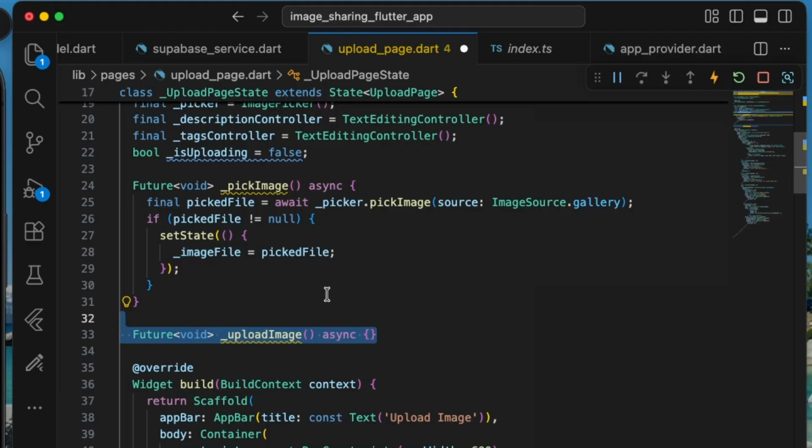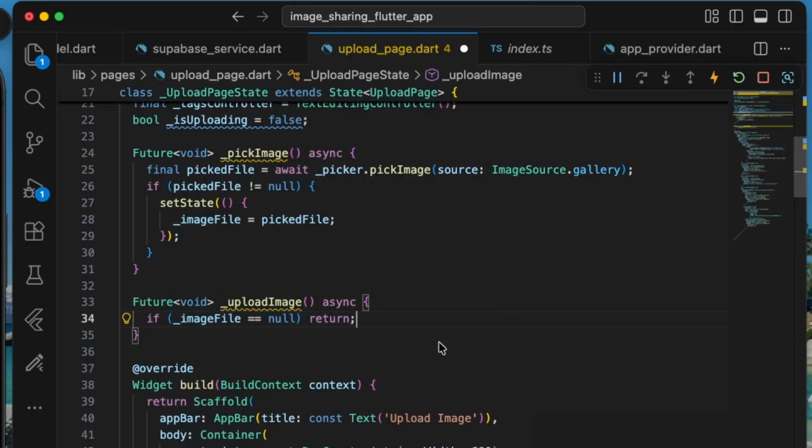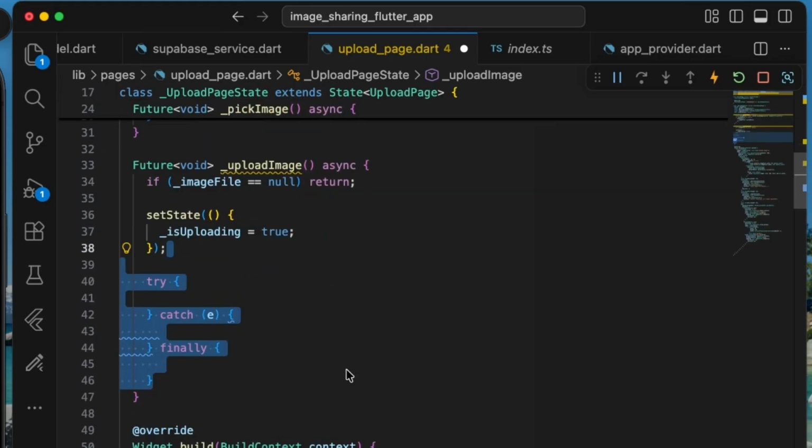Next, we'll be creating a Future<void> _uploadImage function. It will be also async. Here we'll check if our _file is equal to null. In that case, we'll return and close the function. Else, we'll set the state for _isUploading to true, and then here we'll wrap it with try, catch, and